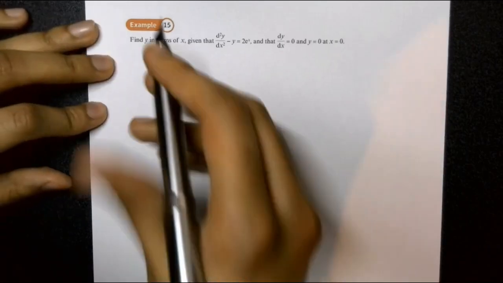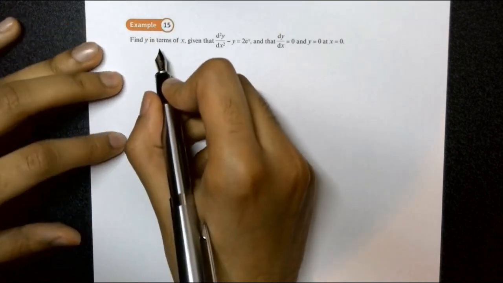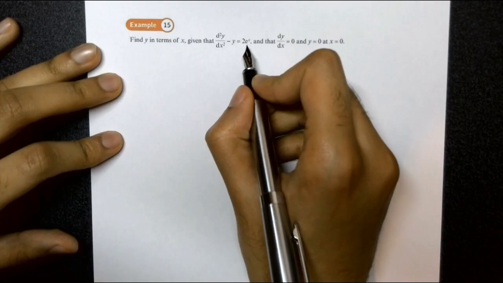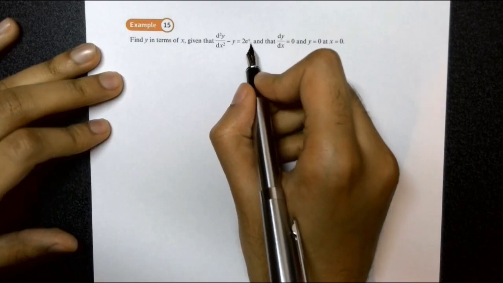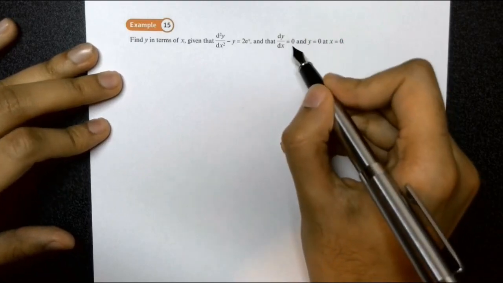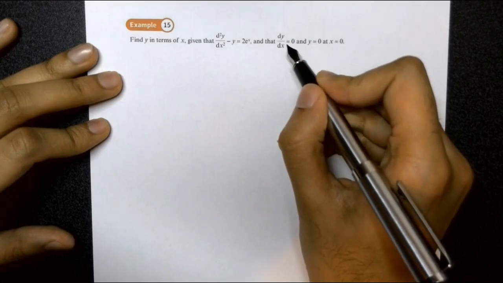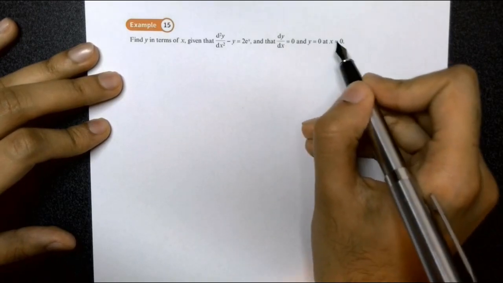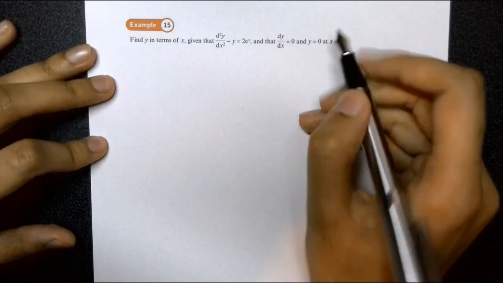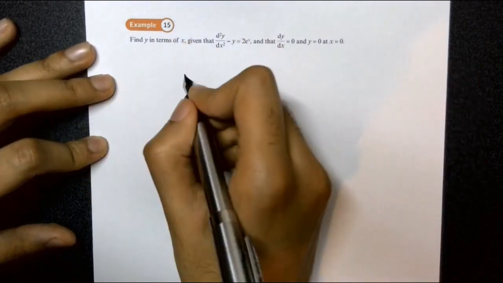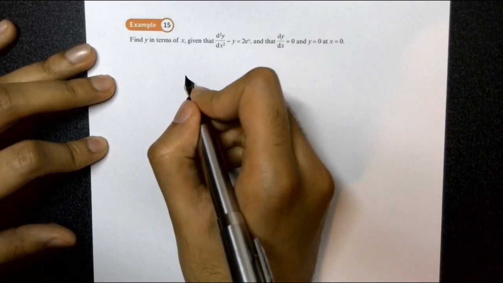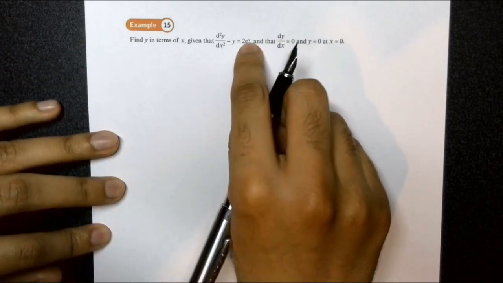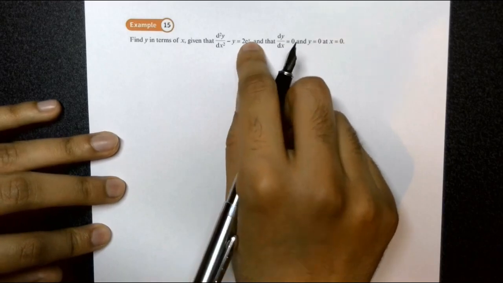Example number 15. We have to find y in terms of x given that d squared y over dx squared minus y equals 2e to the x, and we've got boundary conditions dy over dx equals 0 and y equals 0 at x equals 0. Well, first thing we need to do is find the general solution. And for us to find the general solution, we first of all need to find the